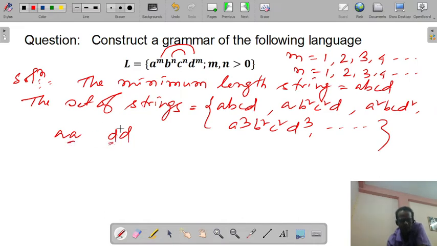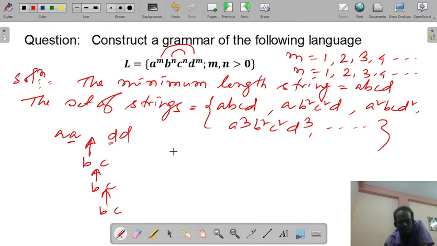So that is AD, we need to generate the number of A's and number of D's. Next we need to insert BC. So as per our requirement, if there is B cube C cube, then three times we need to insert BC, then again insert BC.